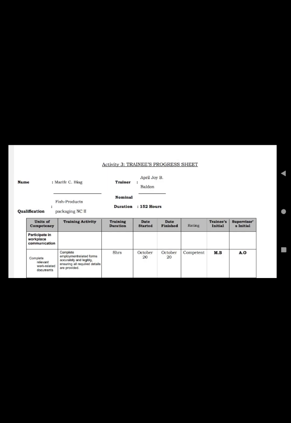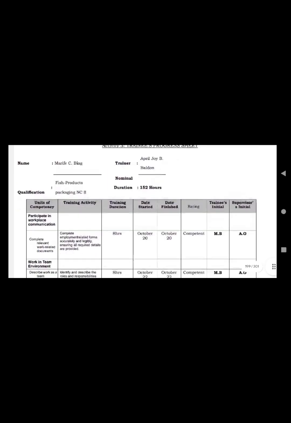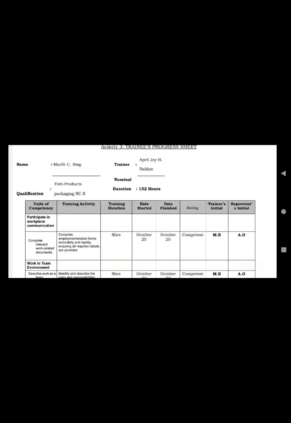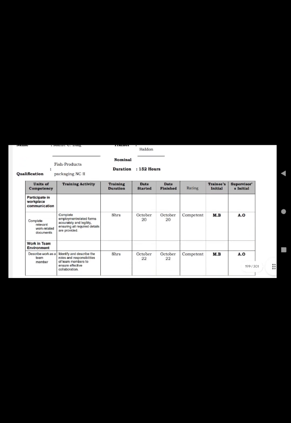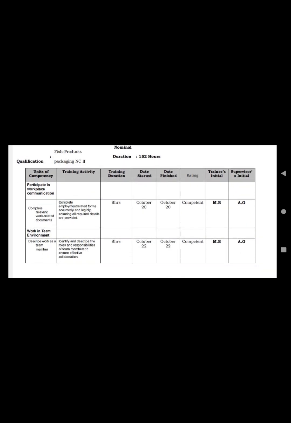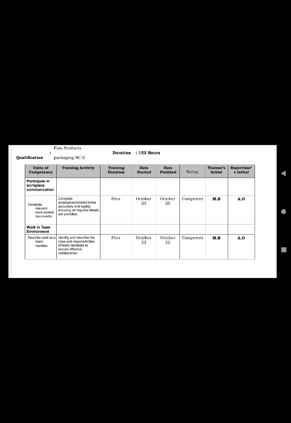And lastly, activity number 3, the trainees progress sheet. This is the name of the trainee, the qualification and trainer, and the nominal duration of the training. For example, in the unit of competency, complete relevant work-related documents, the training activity is to complete employment-related forms. The training duration is 8 hours. The start date is October 20 and the finish date is October 20 also. For the rating, the trainee is competent in the training activity. This is the trainee's initials and